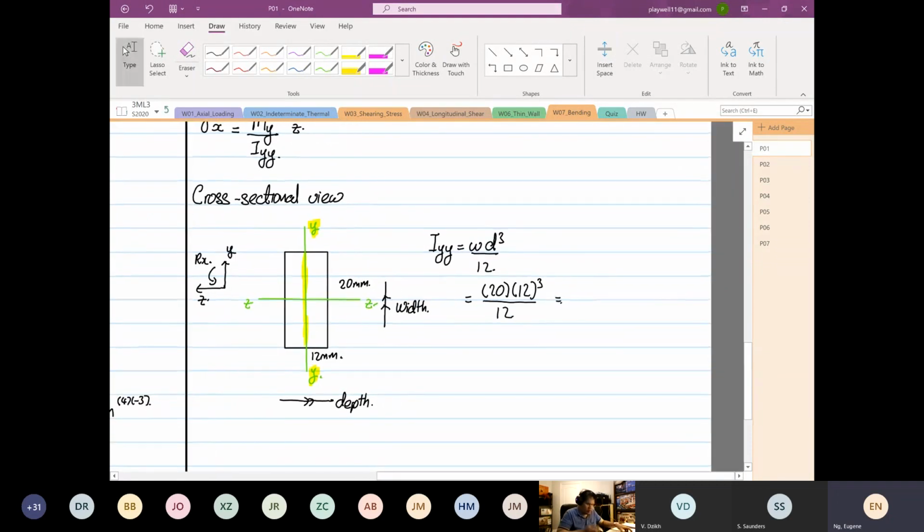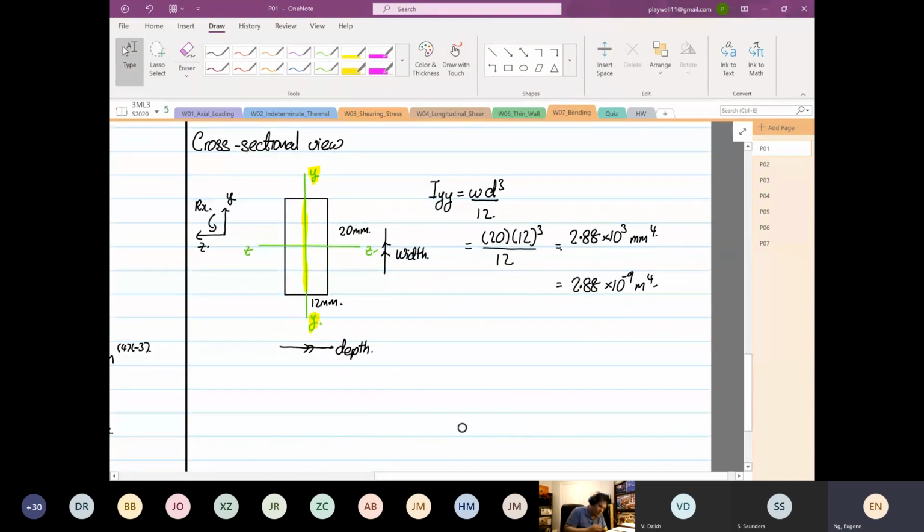So this will be equal to 20 times 12 to the power 3 divided by 12, which is equal to 2880. 2.88 times 10 to the power of 3 millimeter 4, or this is equal to 2.88 times 10 to the power minus 9 meter 4. Okay. So from here, you can directly calculate your stress in the x direction is equal to My over